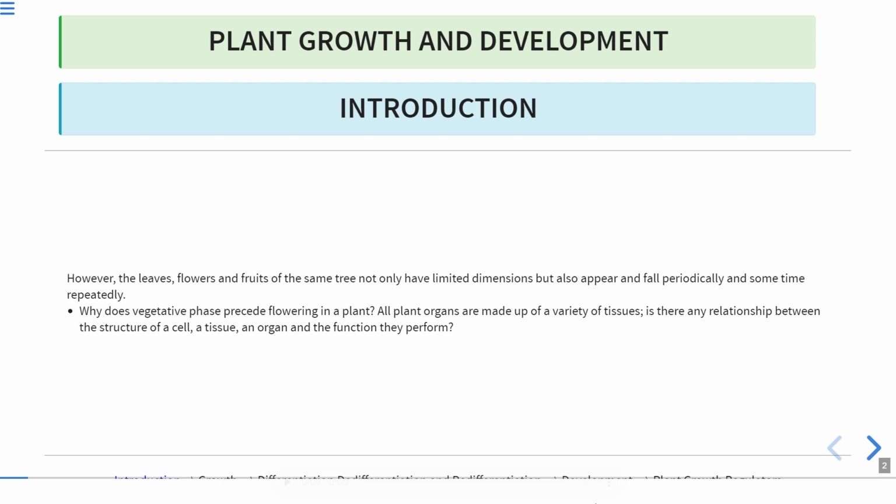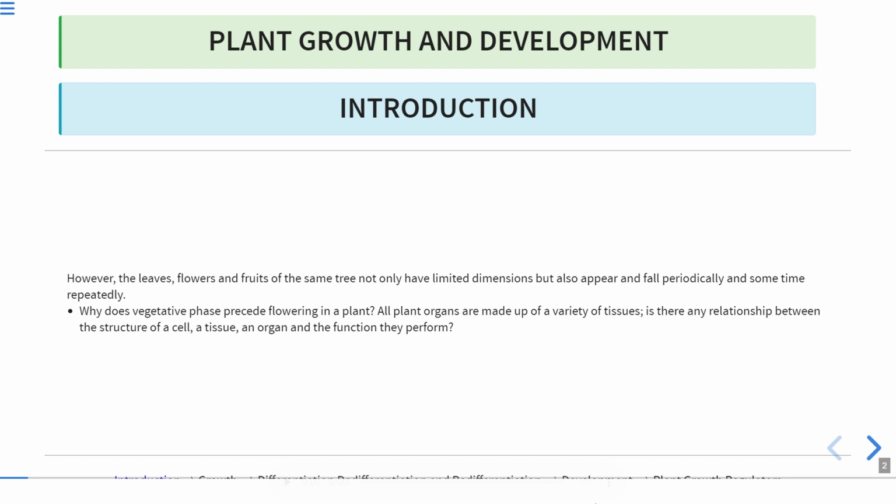Okay, after the plant gets established, the seedling is there, then it becomes a plantlet, and then it forms a plant. After a particular phase that is called the vegetative phase, there is a flowering phase in the plant. Means the flower comes out in the plant, and all plant organs are made up of varieties